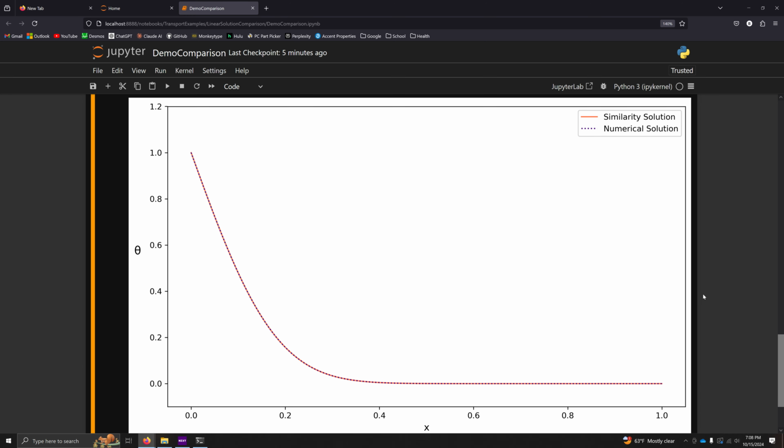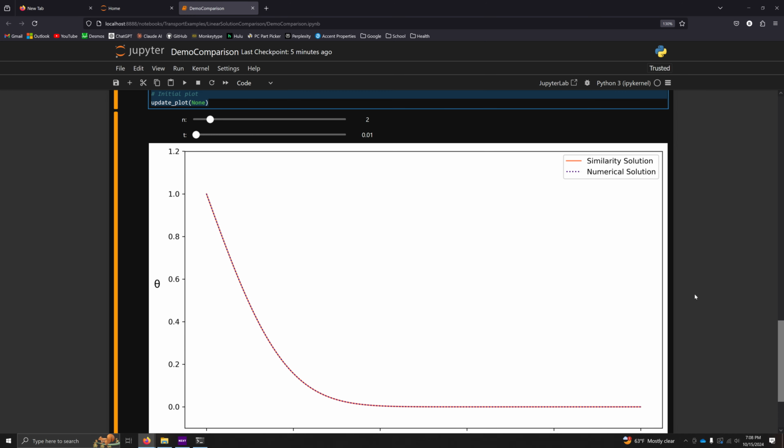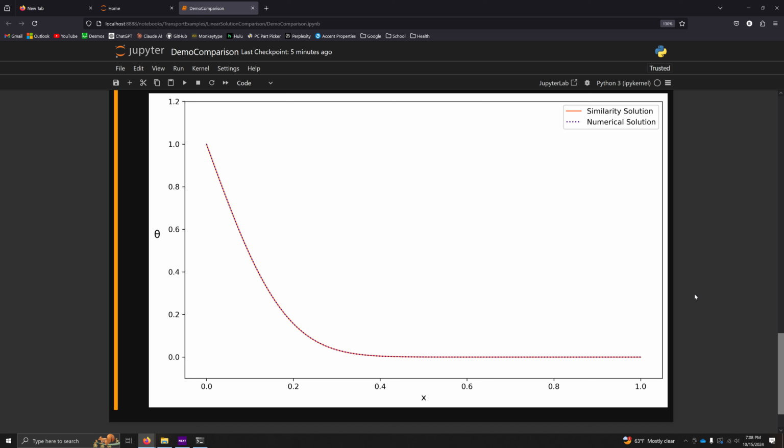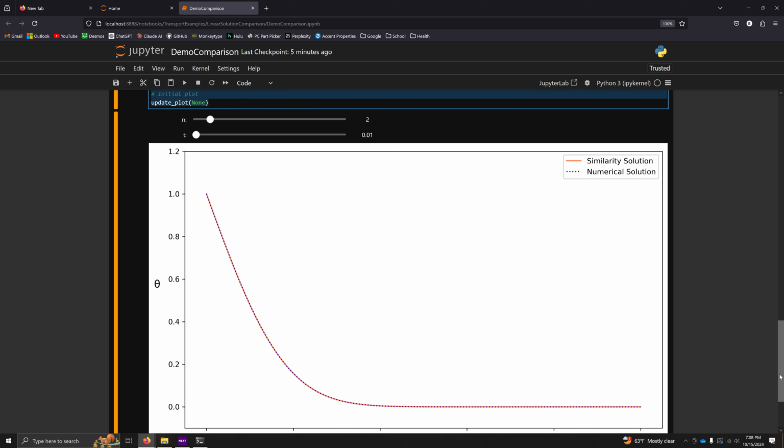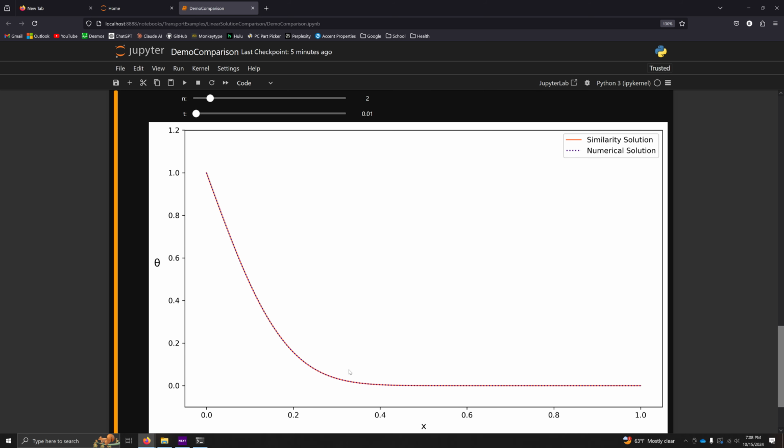First, I just wanted to plot the similarity solution and the numerical solution. The numerical solution is pretty close to the real solution of what this problem would look like, and the real solution would just be the finite Fourier transform in this case. Here we have the x domain on the x-axis, and here we have this non-dimensional theta, which is representative